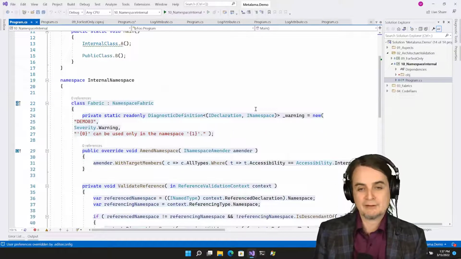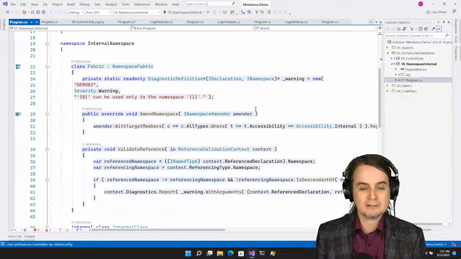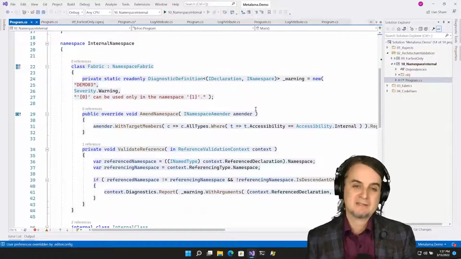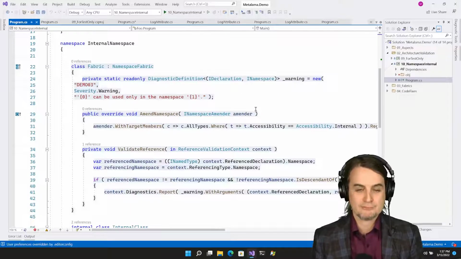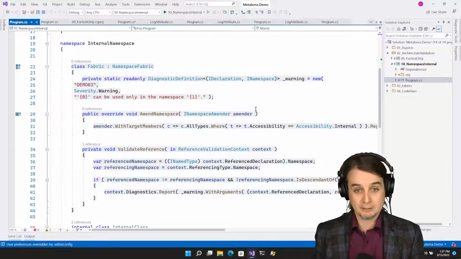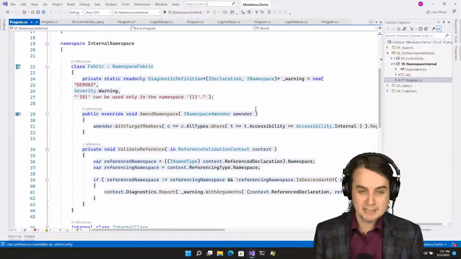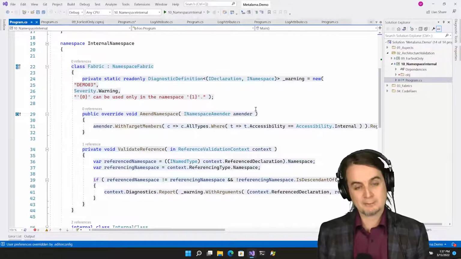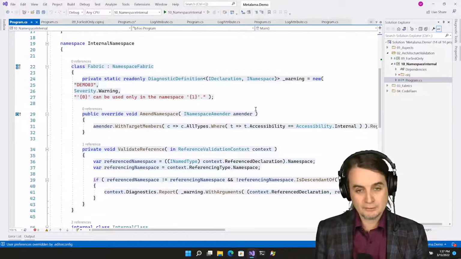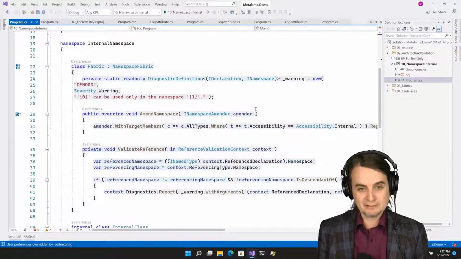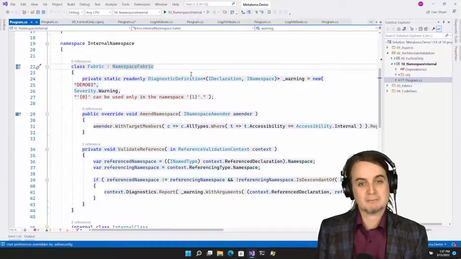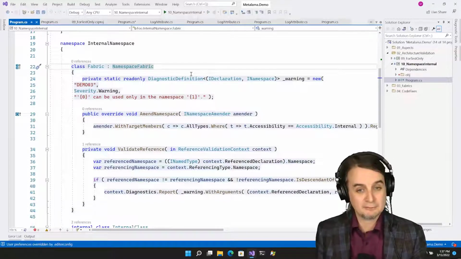So a fabric is very like an aspect, but it doesn't need to be applied on something because it is always being applied by default just because it is there. So a namespace fabric is an aspect that applies to the namespace just by the fact of having a class that inherits namespace fabric inside that namespace.